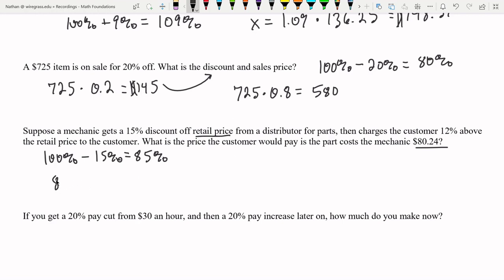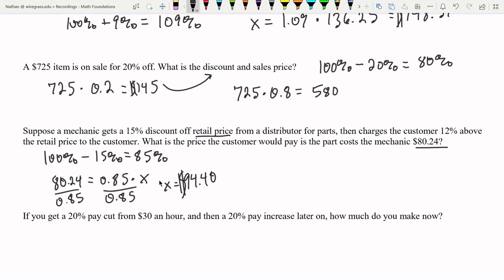So we have the part equals the percent times the whole, which we don't know. We're trying to find the whole. And if we divide by 0.85, we're going to get the whole. The retail price in this case is going to be 80.24 divided by 0.85, 94.4. And what's nice about this method of doing it, if you did it the other way around, if you